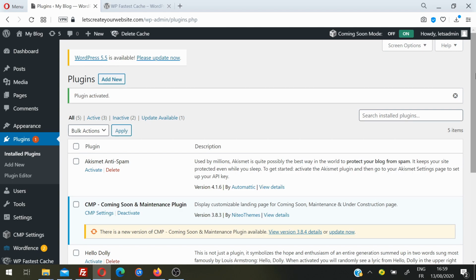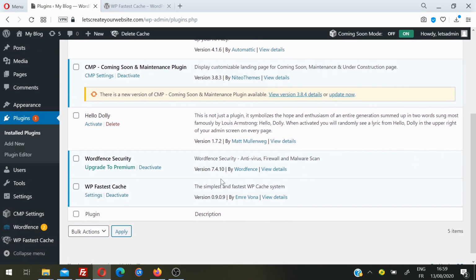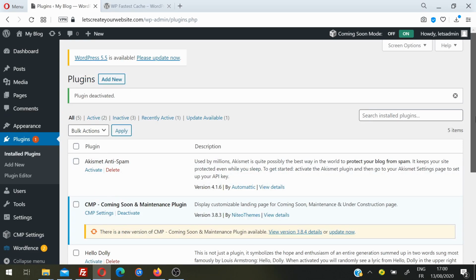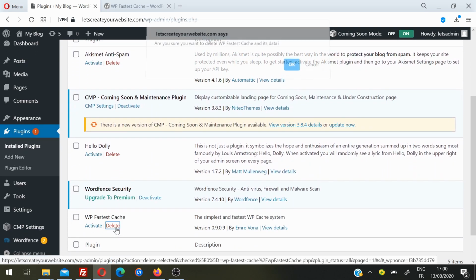Okay, so WordPress redirected us to the install plugin page. You can see here is a plugin we uploaded, installed and successfully activated. Again, I'm going to deactivate and delete the plugin and we'll upload the same plugin via method 3, which is